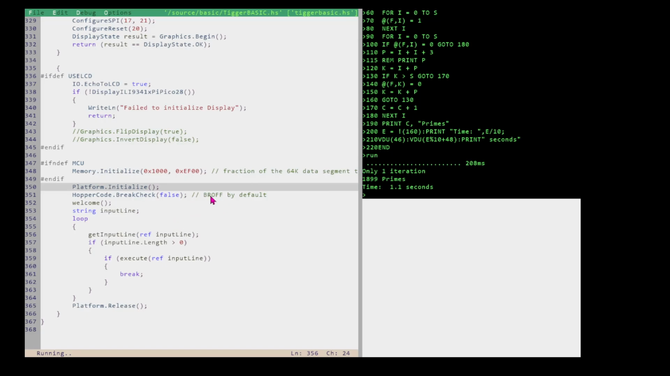You can also turn break checking on and off. A play on words on TRON and TROFF is BRON and BROFF for turning break on and off, to check for break keys. It's a bit of a performance hit if you've got to poll for Control C being hit all the time. Anyway,